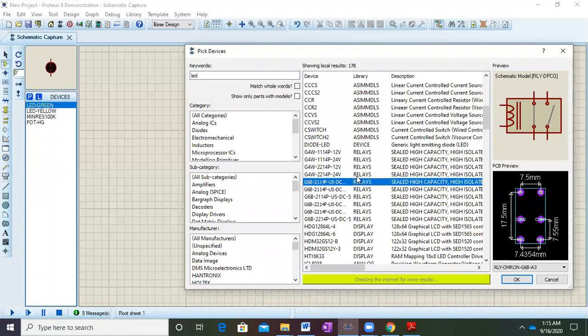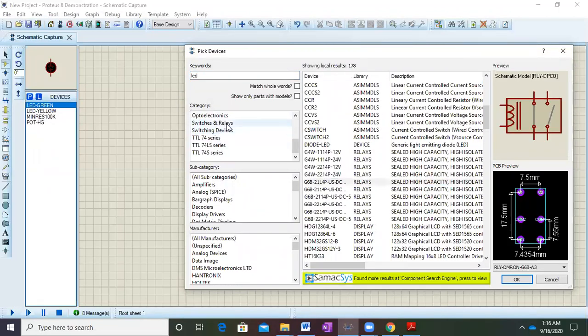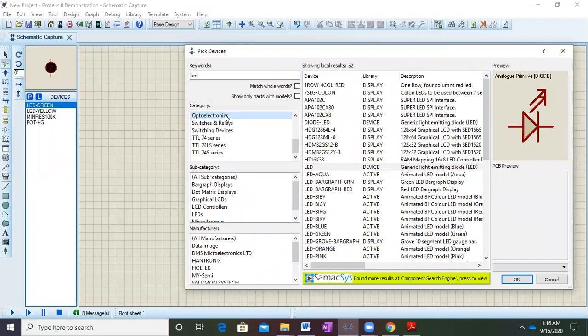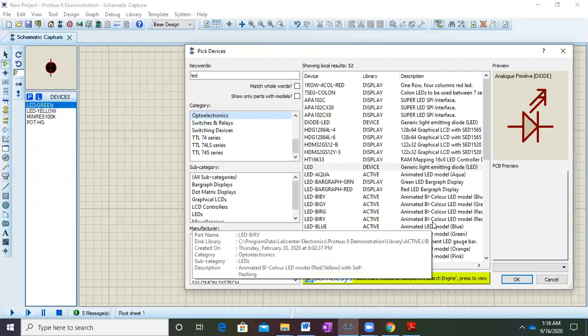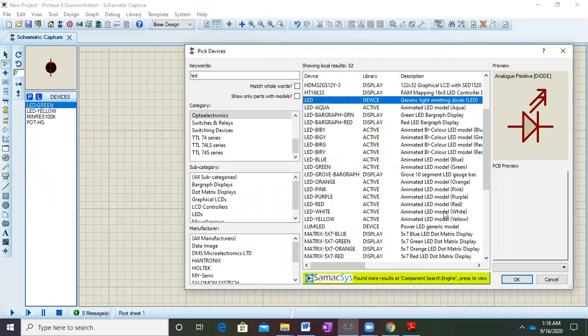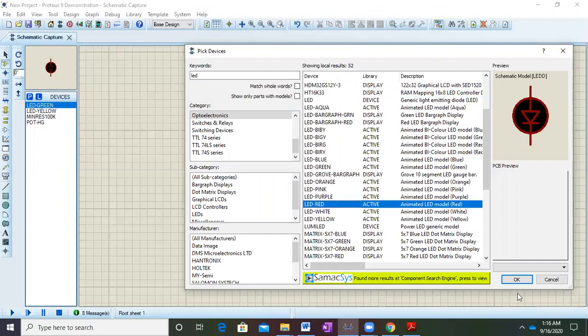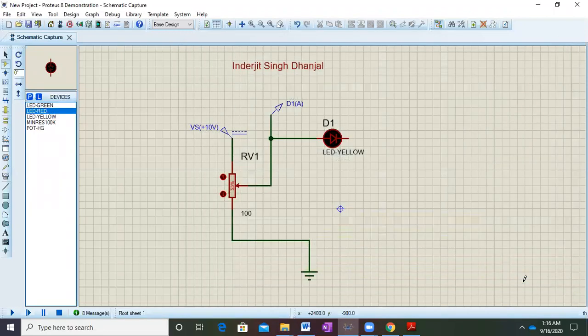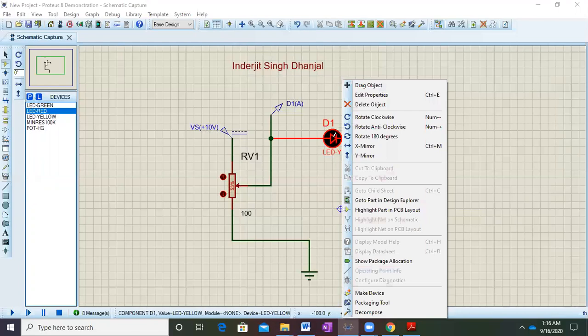We will select red now. So where is my red color? Over here. Okay, so these are the diodes. We can select one more color, but it's fine. We will first use a red color, so we'll delete this also.